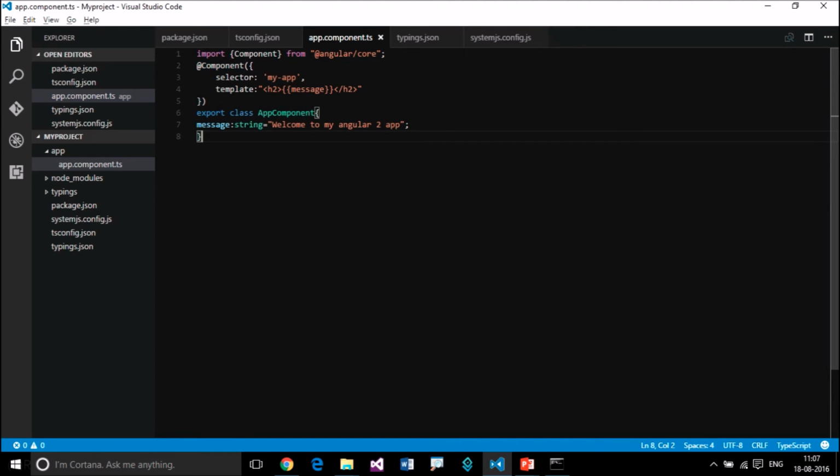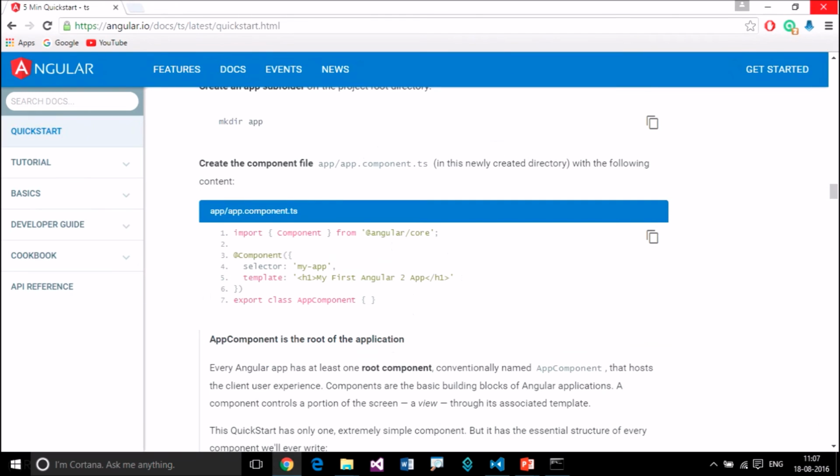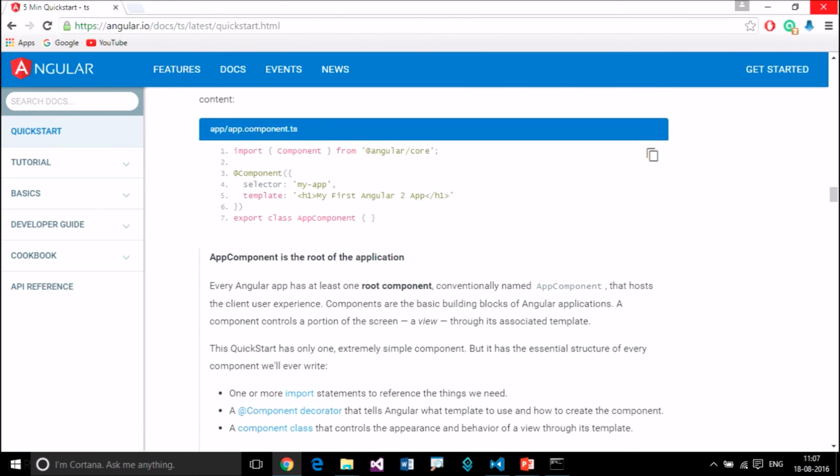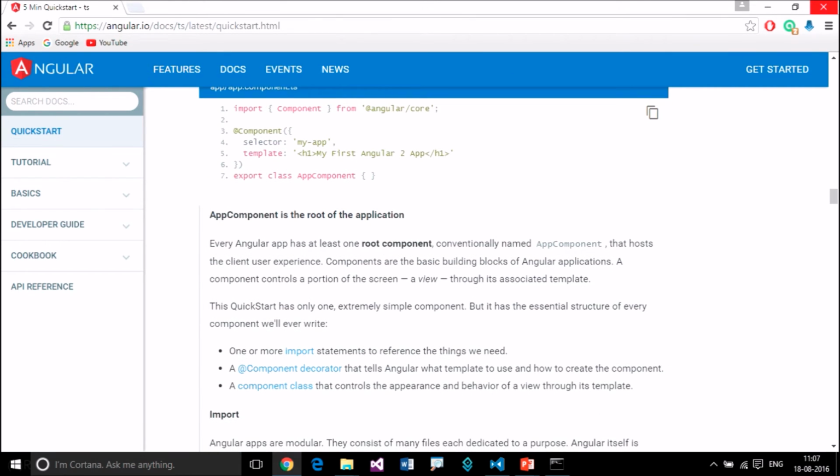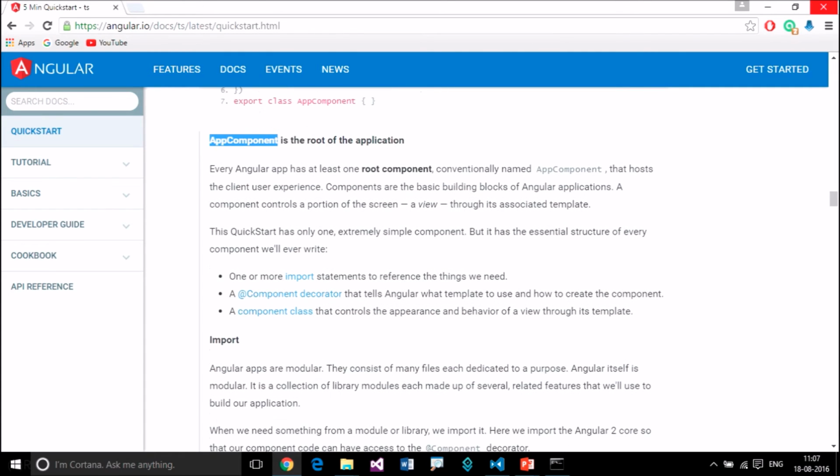So this is our first component. Now, so I'm done building the app component in the root application.